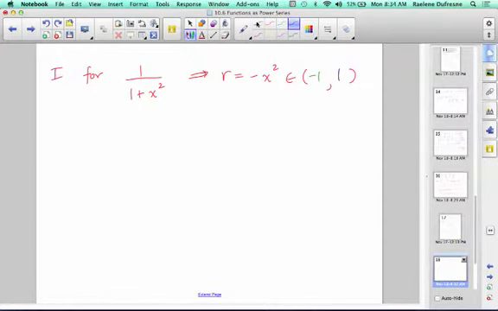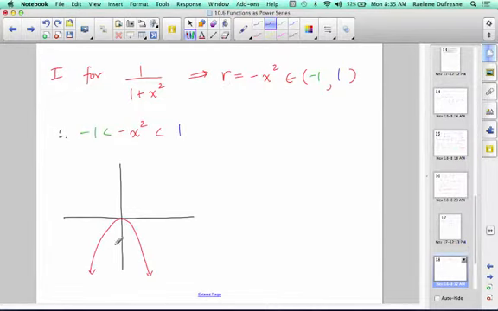And therefore, negative 1 has to be less than negative x squared, which has to be less than 1. So solving graphically, we draw the graph of the parabola y equals negative x squared, and the two horizontal lines, y equal to 1 and y equal to negative 1. And we see that we don't have any intersection between the blue curve and the red curve, and so we need the red curve to be bounded by the black curve and not touching the green curve. So we are not going to include the endpoints,